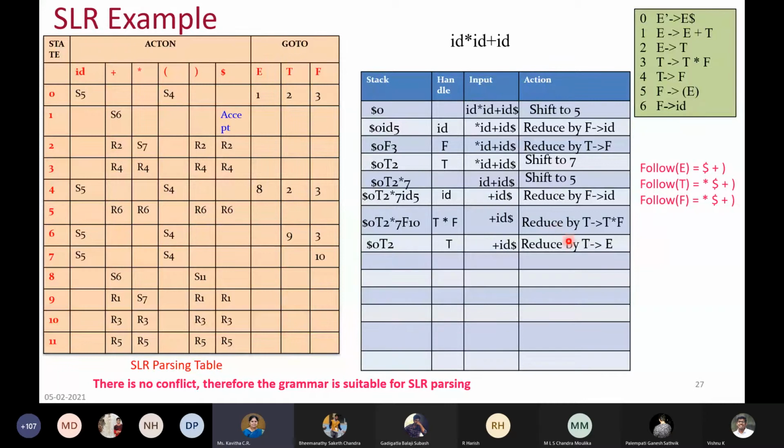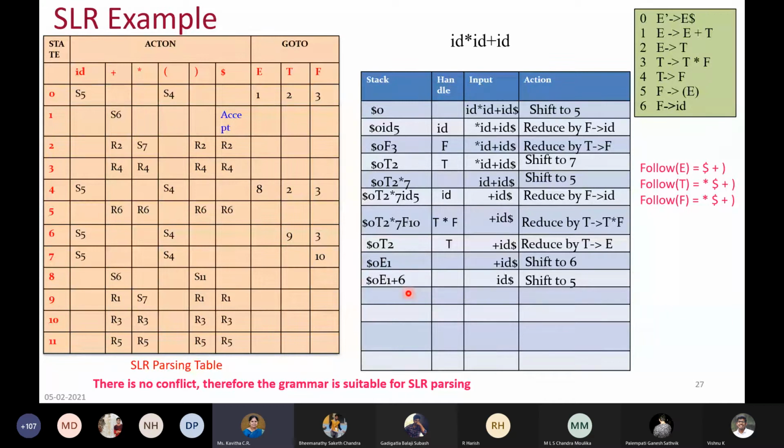It is the reduce action. So we perform reduce action by using the rule number 2. Okay, here typing mistake. Rule number 2. So you are going to replace that T by E. Okay, this is the reverse. I'll make the correction. So T should be replaced by E, and after replacing with E, at state number 0 on E is 1. So that is you are going to get this, and we are pointing at plus. At 1 on plus is S6. So you're going to shift along with your state number also.